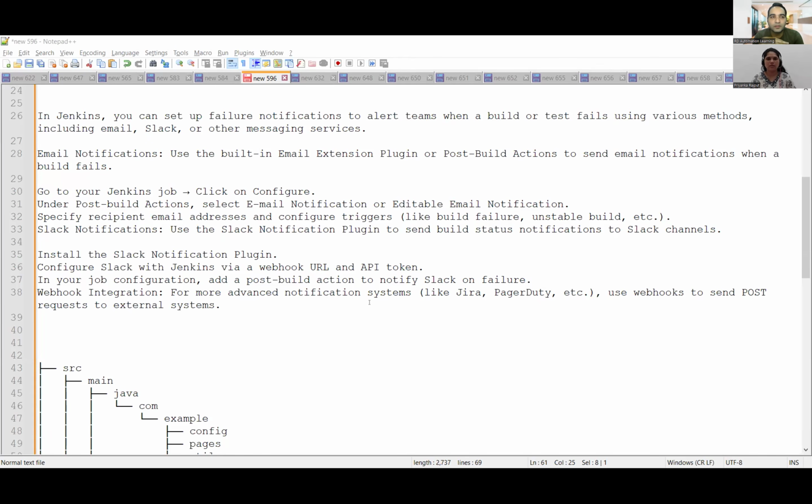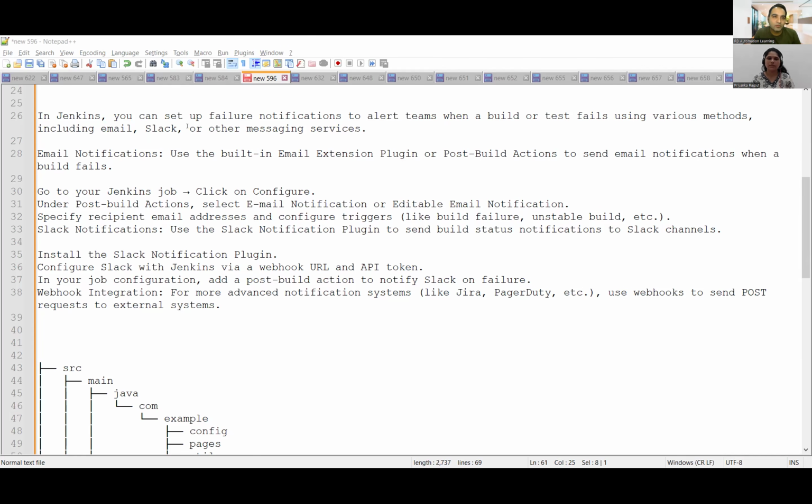Okay, great. Generally in companies, you would have a separate dedicated DevOps team working on these deployments and on test automation integration with DevOps. From an interview perspective, no one is expecting you to be a pro in Jenkins, but at least get an idea of the basic things. If you have to set up failure notifications to alert teams whenever your test fails,